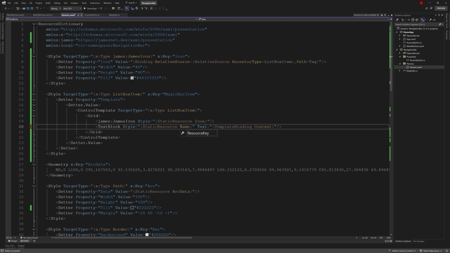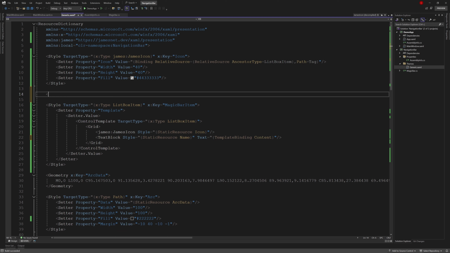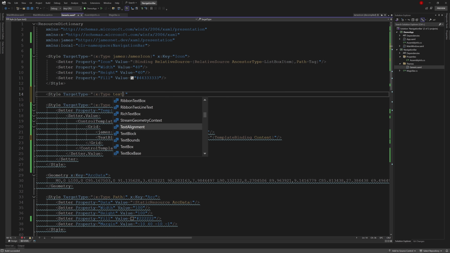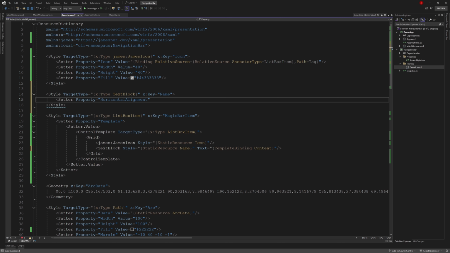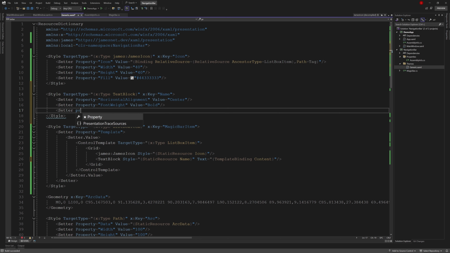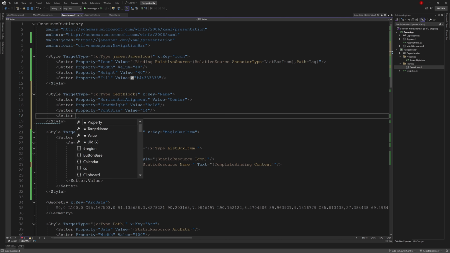We set up a custom style. And we can also adjust the font weight and font size. Here we set the margin to position the content properly.